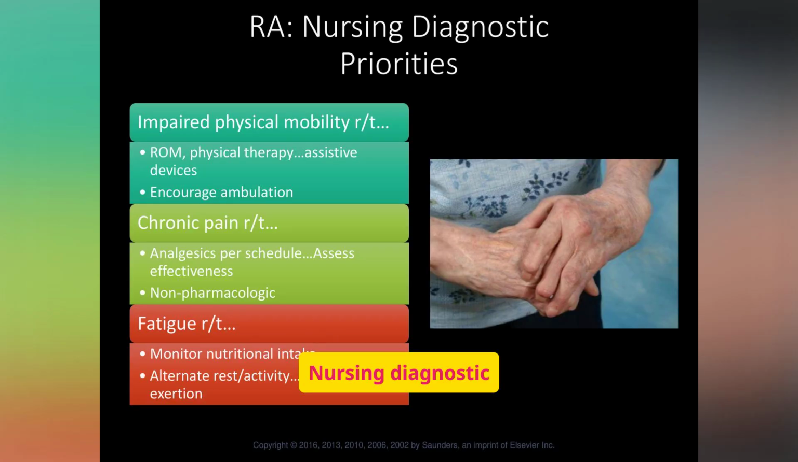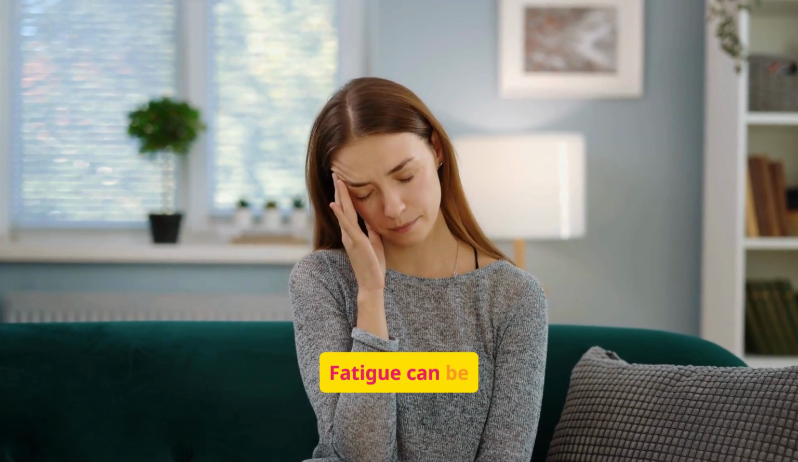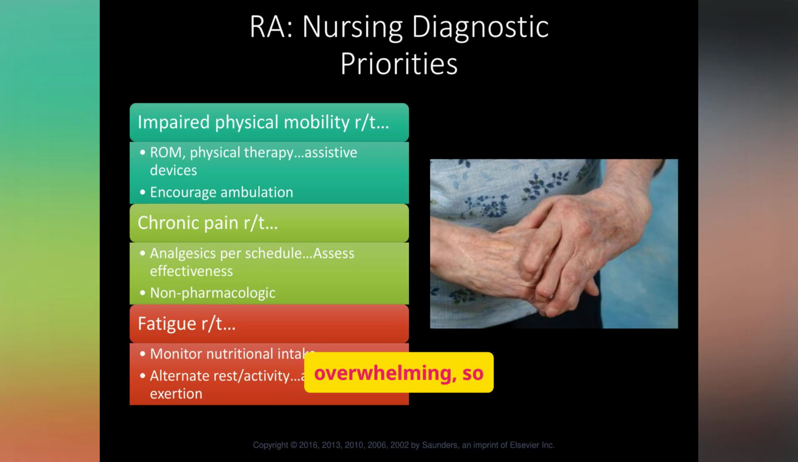Nursing diagnostic priorities for rheumatoid arthritis include impaired physical mobility, chronic pain, and fatigue. Interventions should focus on managing these issues. Mobility issues affect independence and quality of life, so supporting patients through physical therapy, assistive devices, and energy conservation techniques is key. Fatigue can be overwhelming, so prioritizing rest periods and helping patients pace themselves is just as important as